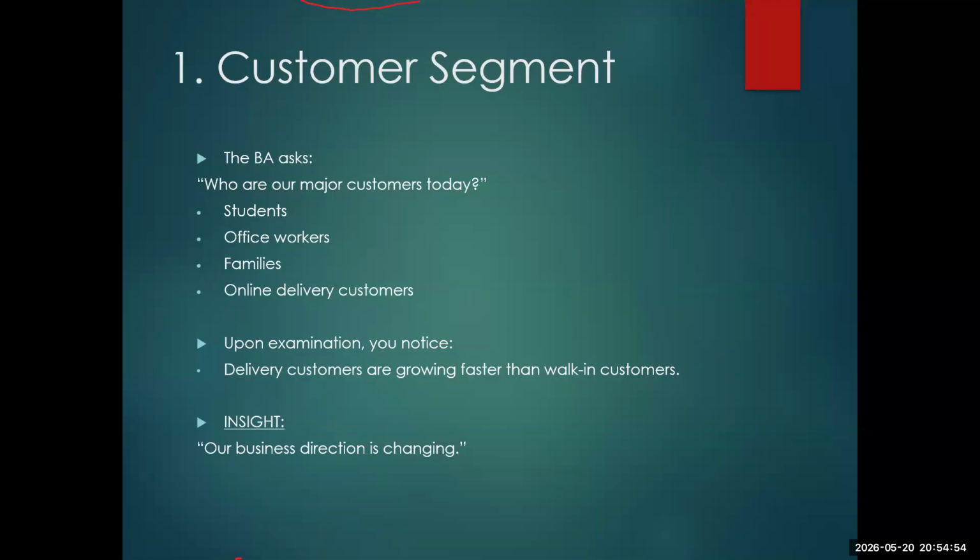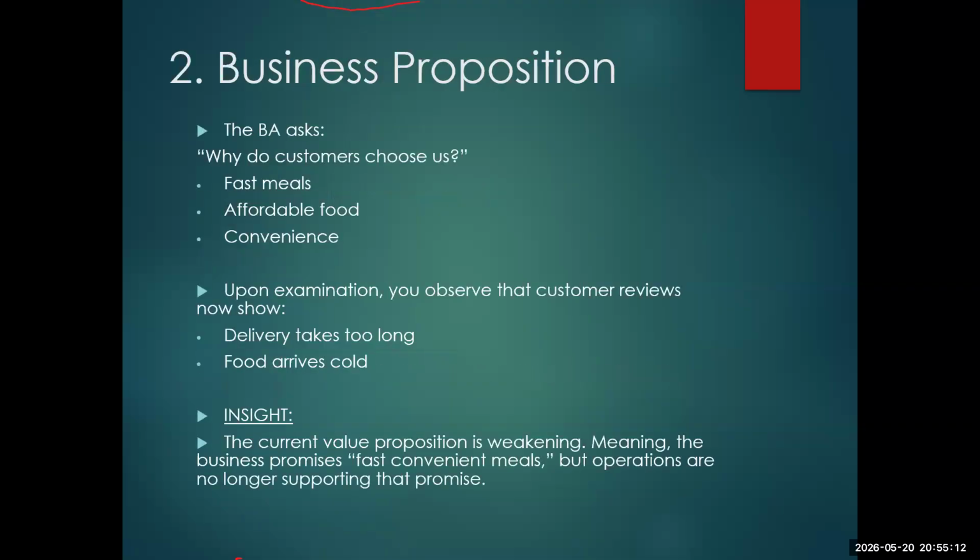So remember from the description of the business context, right? The business was thinking that maybe it was because of delay of food, maybe food was not coming out as early as it should. That's why low sales was coming. We are beginning to pull our insight together. So now she can see that the business direction is changing. She moves to a second building block, the business propositions.